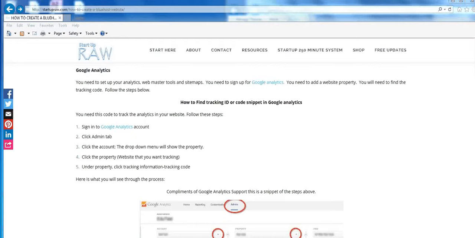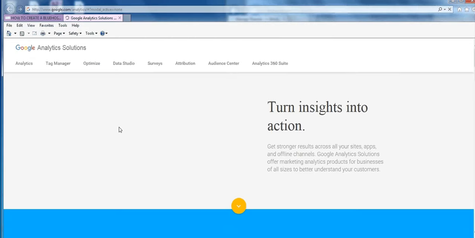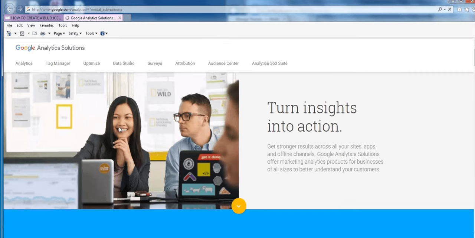We are going to be looking at how to set up Google Analytics. Now this is going to be very brief. What you're going to want to do is come to this link right here which says sign into Google Analytics, and click it. Follow these steps, and this is what the page is going to look like, and you're just going to proceed